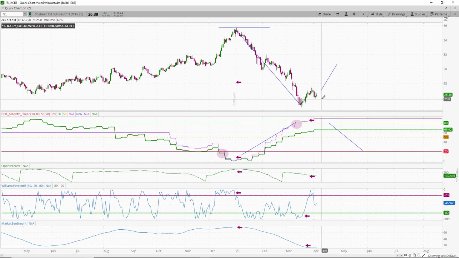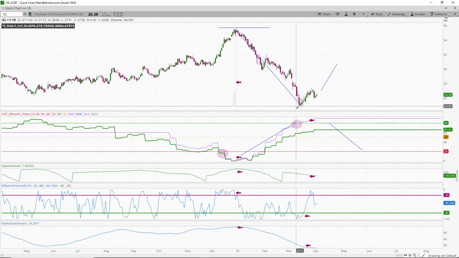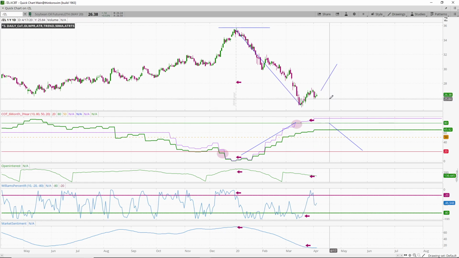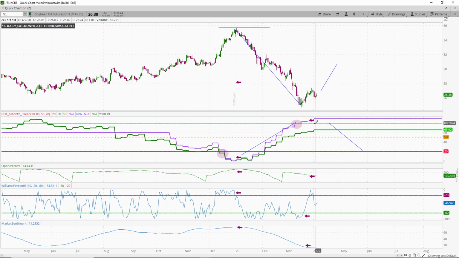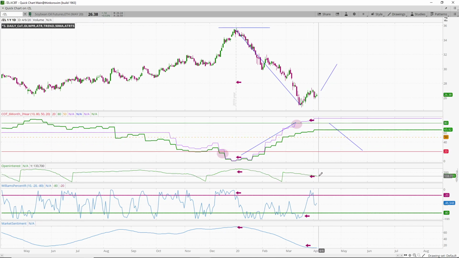How much can it retrace? We don't know. Well, from the swing low to the swing high, it's probably above the 50% range or so. I think comms think that this is going the other direction. What we would like to see, bullish comms, open interest is diminishing a little bit. We're in the lower half.